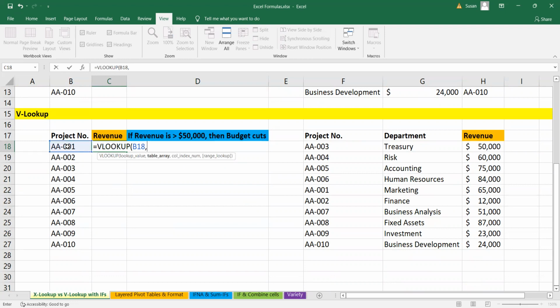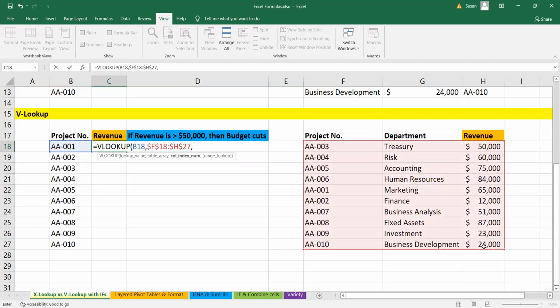The table array would be anything from the lookup value all the way to revenue on the right side, which is our return value. So in the data set here, we select the project number column all the way to revenue, because that's what we're trying to look up. Then we lock this formula by hitting F4, comma,